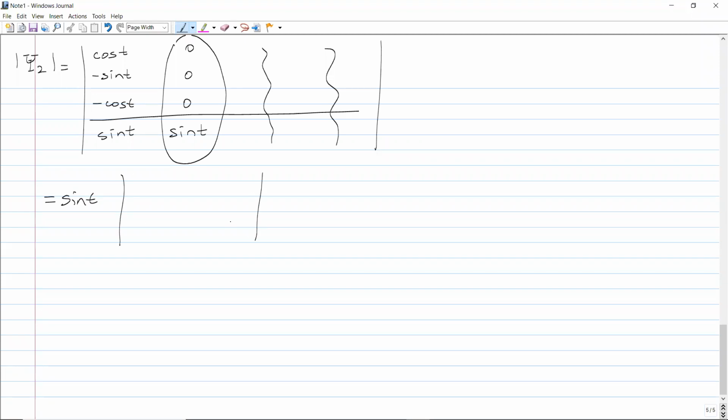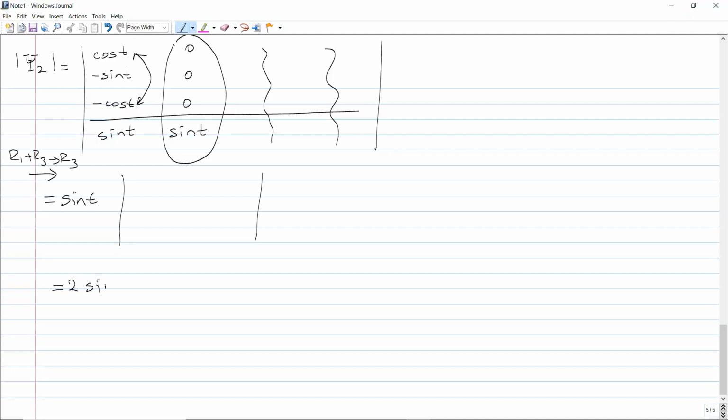To simplify this determinant, again, I'm going to add the first row to the third row, simplify and evaluate this determinant. I'm skipping some details, I'm sorry, it takes too long. You can try doing it yourself. So this determinant comes to,